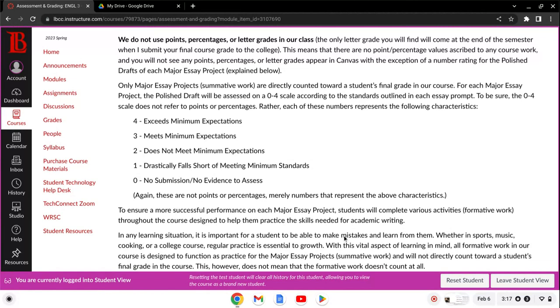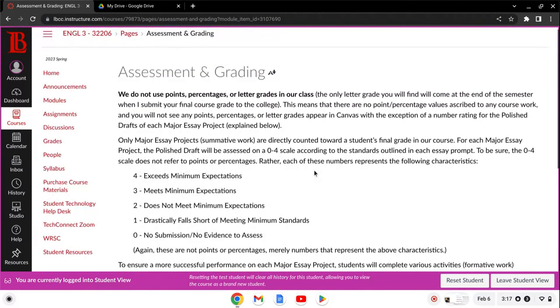So I've been working with a form of no points or percentages in my grading policy for the last 5 or 6 years. And each semester I fine tune it, and I'm working to make it better. But the reason I have done that is because I've noticed, and I'm sure you all have noticed to some